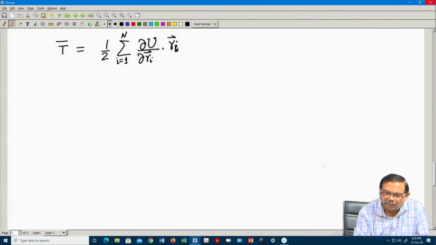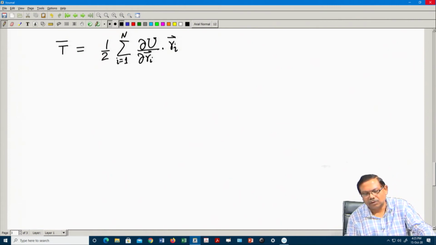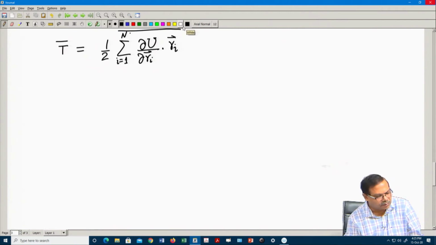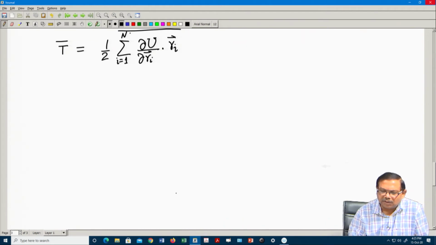So, this is the dot product with r_i. That is what we get, and of course we have to take the time average of the whole thing. And most of the interesting problems that you encounter in physics, for example, of fundamental importance, gravitation,